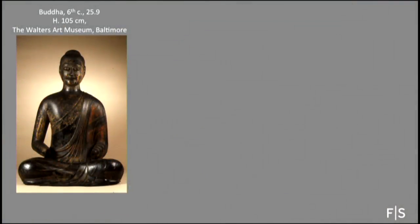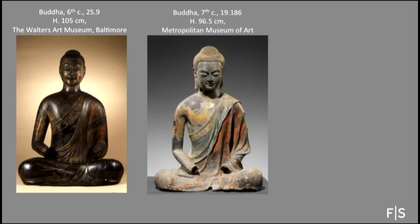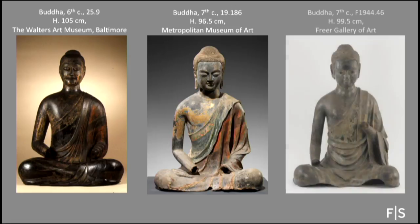The late 6th century life-size Walters Buddha is the earliest preserved example of a sculpture using the wood core lacquer technique, and it's said to have come from the Da Fosu temple in Hebei province. The early 7th century Buddha in the Metropolitan Museum is said to also have come from Da Fosu temple in Hebei. And the early 7th century Buddha from the Freer, we are not sure where it originated because it only